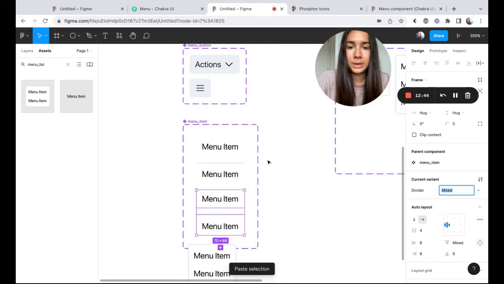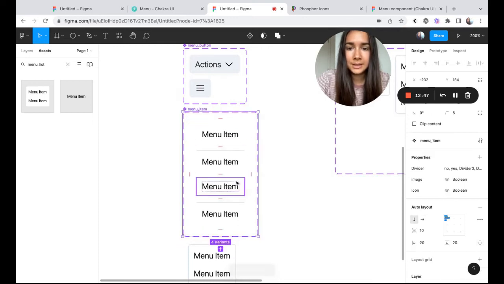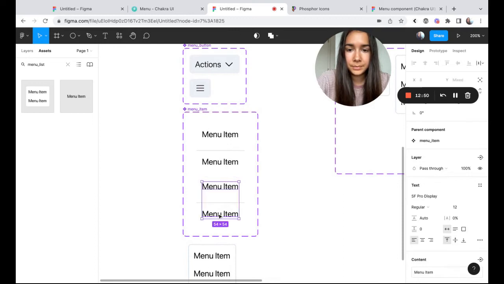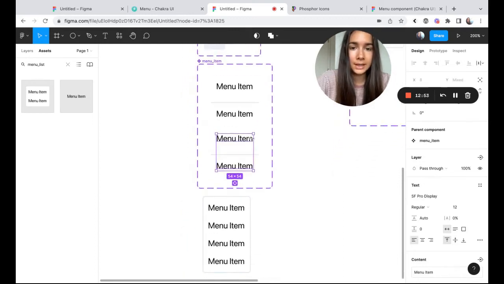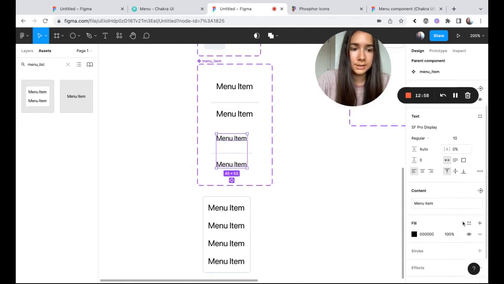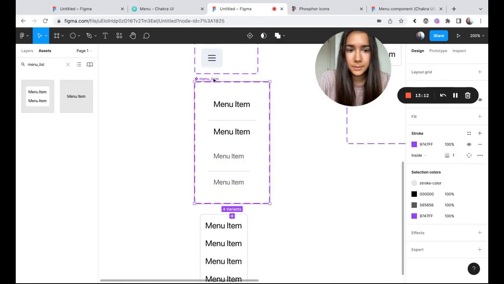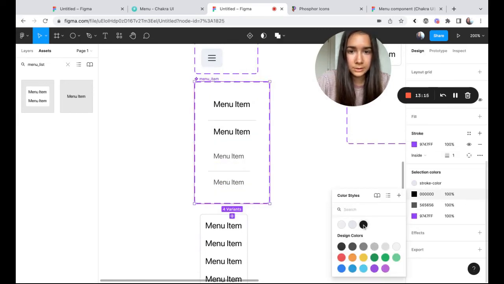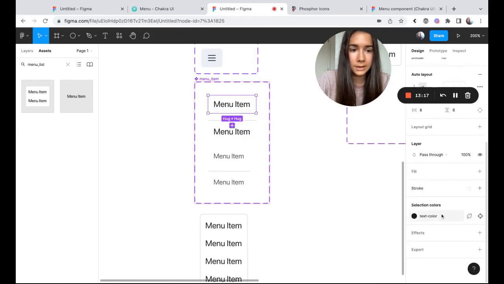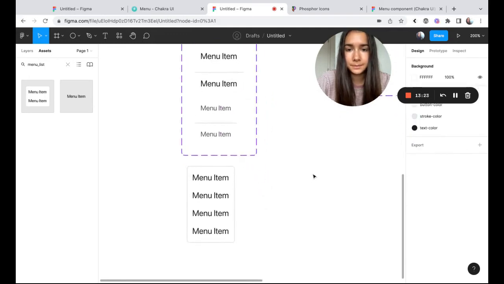So we're just going to copy paste these two layers, and then select these two text layers, and let's say we will make them a little smaller, and I guess we can make it slightly lighter, like this. And we can also apply our dark gray text color to our actual menu items.